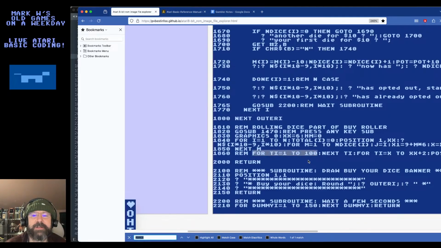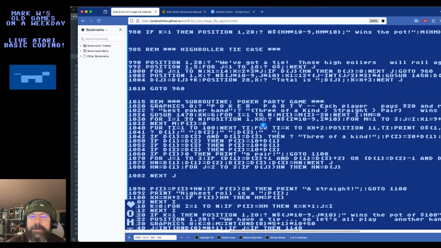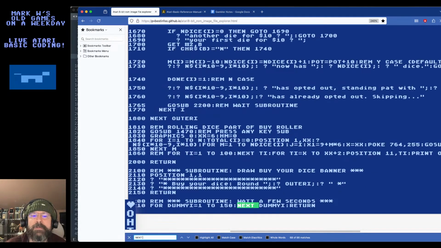I need to understand this line as well and see how much of it I need. And where is the next I? Let's look at it here. This is back at this poker party subroutine. I mean, I can just search for next I. Oh, I think I saw it, but part of the problem is the Atari uses a different space character. So when I search for a string containing a space in my browser, I wind up losing it.